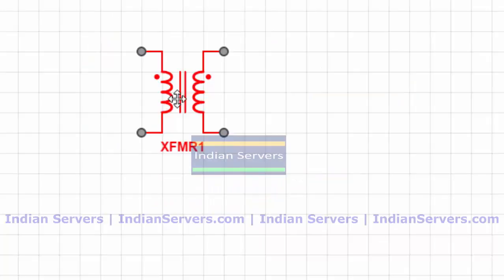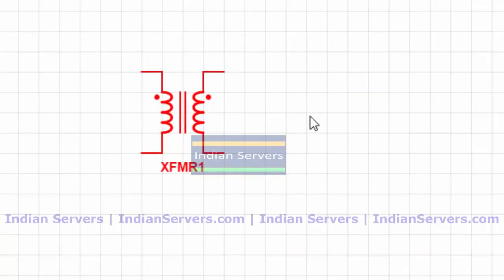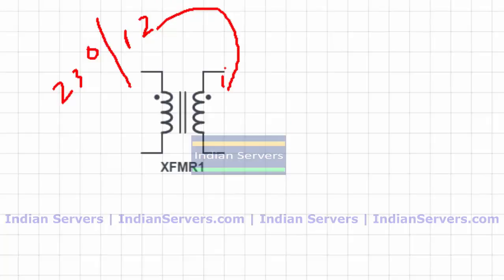So by calculating the resistance of input and output, we can know which is primary and which is secondary. Say for example this is a step down transformer, which is 230 by 12 again. Obviously this secondary side will have the lowest number of turns and primary will have the highest number of turns, because whenever